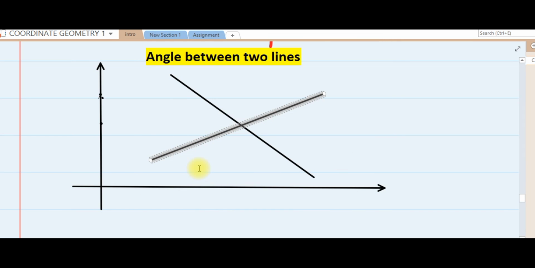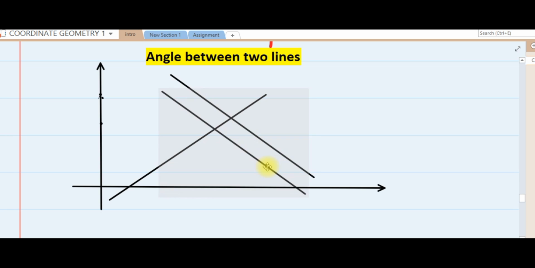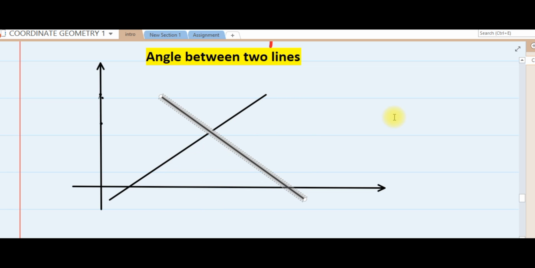So assuming the first one intersected this, why the second